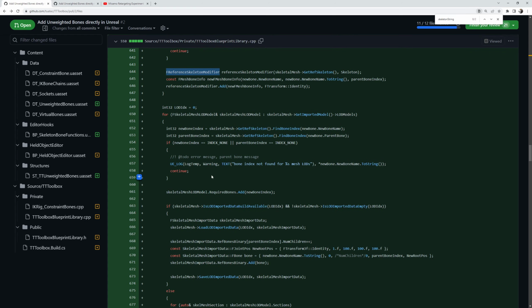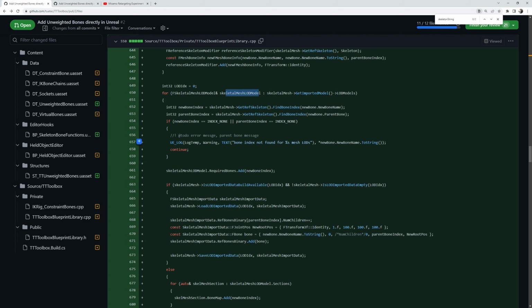Then, as I said, we need to move on with the LODs. We need to introduce those bones to the LODs as well. So the level of detail, which is very important for optimization. And there we can do the following. We need to ask the skeleton mesh, get the imported model, and then use these LOD models. Then we get the LOD basically here, and we iterate over all of them. And here we need to do the following as well. So we need to find the new bone index and the parent bone index. And this one should not be available. That's why index none. And the parent index,